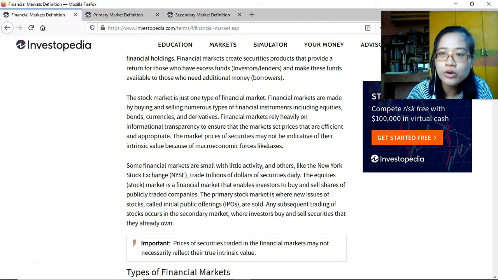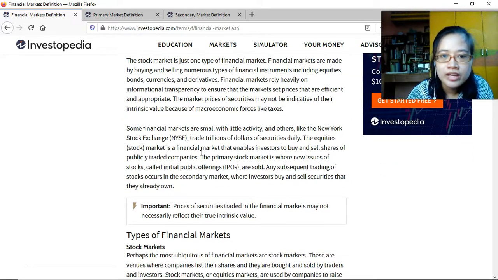One important thing there is the transparency and the availability of current information so that the buyers or the sellers would have proper valuation of the securities that they are buying or selling. The market prices of securities may not be indicative of their intrinsic value because of macroeconomic forces like taxes. Some financial markets are small with little activity, and others, like the New York Stock Exchange, trade trillions dollars of securities daily. The equities or stock market is a financial market that enables investors to buy and sell shares